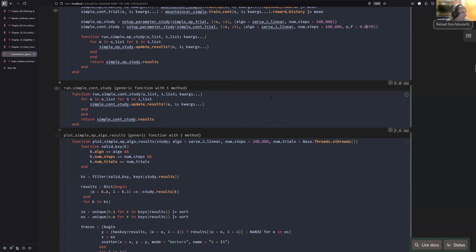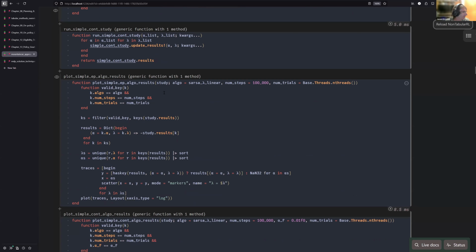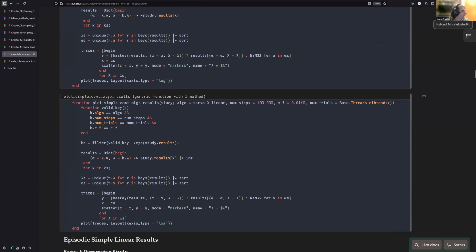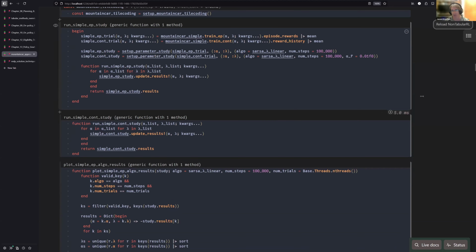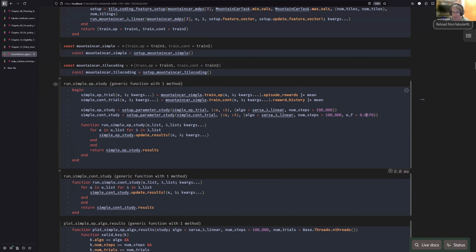Okay, so then, one advantage of these methods compared to policy gradient methods is there are fewer hyperparameters we have to worry about. Really the main two we're concerned with are the learning rate, alpha, and lambda. So we can design a parameter study. But the point of a parameter study is I have to create some quality measure. And in this case, as I'm doing the training process, I know how often I'm reaching the goal and basically how many steps it's taking to reach the goal